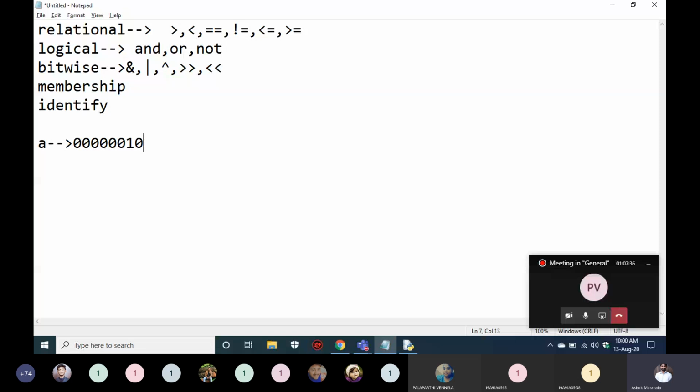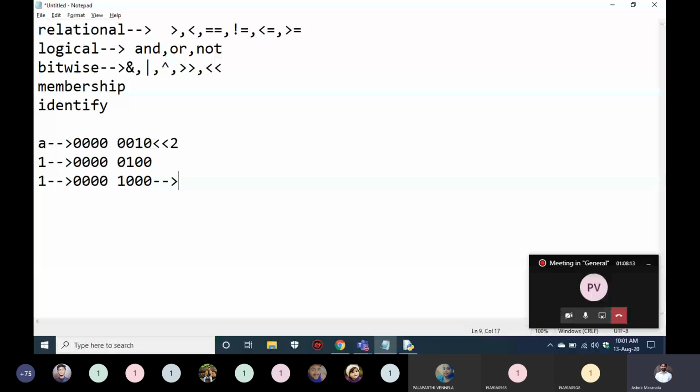Now I have applied an operator called left shift of 2. That means every bit will be shifted to the left. The first time it shifts, we get 0 0 0 0 0 1 0 0. That means the 1 has shifted to the left one time. But I told it to shift 2 times, so for the second time, 1 bit shifts again, and we get 0 0 0 0 1 0 0 0. That is nothing but 8.